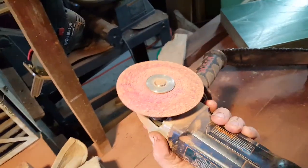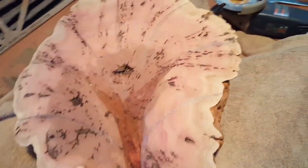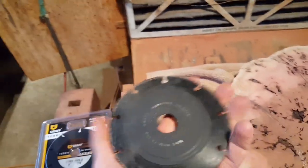Abrasives are essential. I've profiled this side of it using a little chainsaw, an angle grinder with a Norton 36 grit abrasive disc. Now I've sketched my form, and I'm going to begin making cuts with the speed cutter, and then